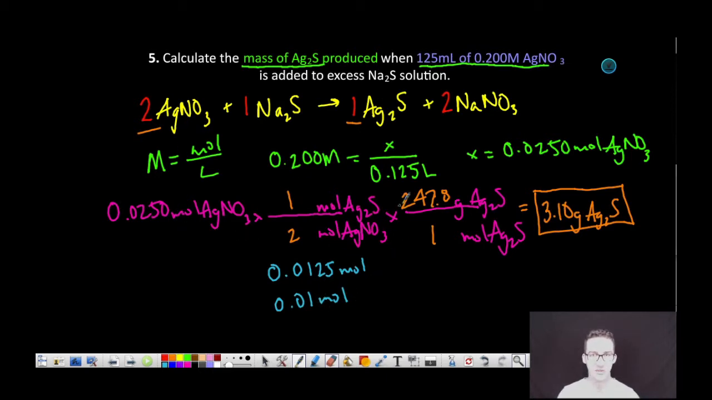If I took 100th of 247.8, I would just have to move my decimal a couple of places to give me 2.478 grams, which is definitely a little bit less than what we ended up with, the 3.10. But again, we sort of estimated a little bit less than the